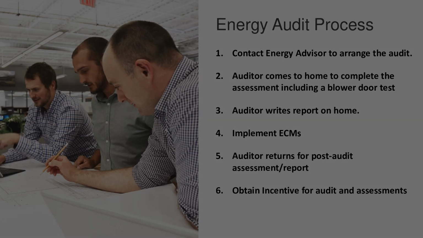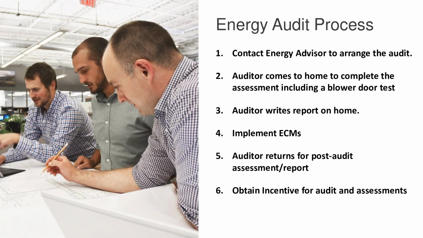And then the next few items align with our discussions earlier with lighting upgrades, low energy and carbon systems, and renewables. So in terms of what the process looks like, the first step is to contact an energy advisor to arrange an audit. We have links available of reputable organizations that complete these through NRCan, which is Natural Resources Canada. So that's your first step.